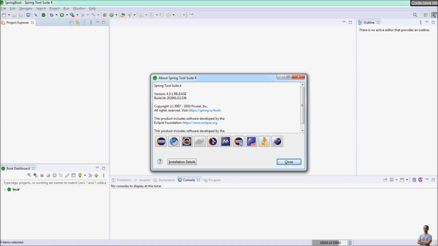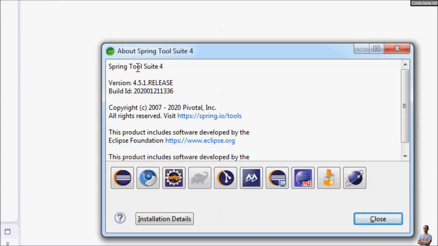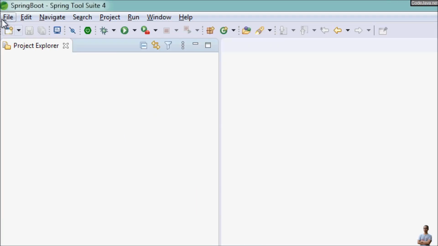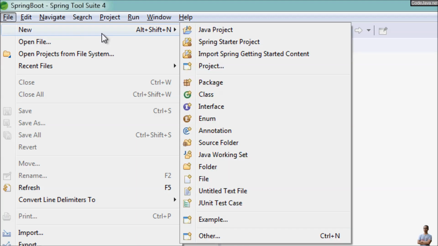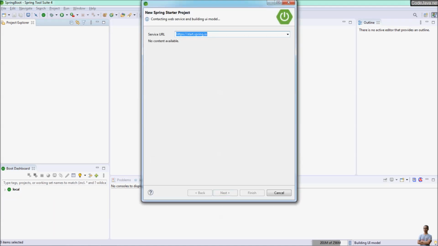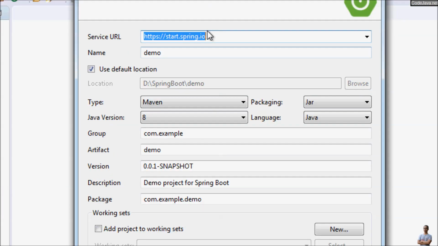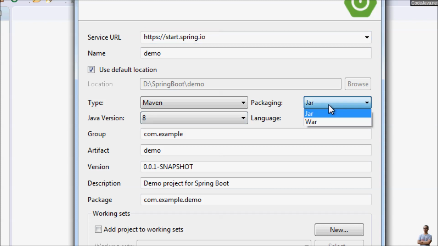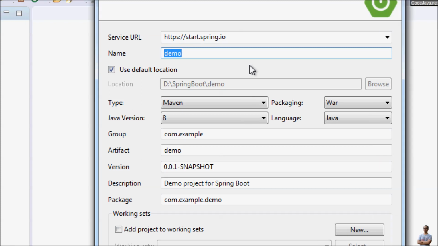Now let's create a Spring Boot project using Spring Tool Suite IDE. As you can see, I'm using Spring Tool Suite version 4.5.1 here. Now create a new Spring Starter project. Find new Spring Starter project. Here you see the project type is Maven, Java version 8. For packaging, we choose the packaging type WAR, because we will use JSP with Spring Boot, and enter the project name: Spring Boot Form Example,